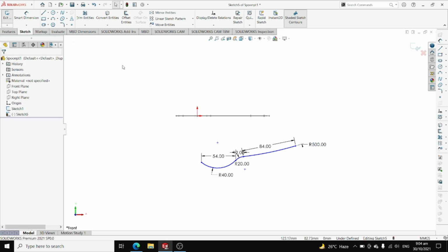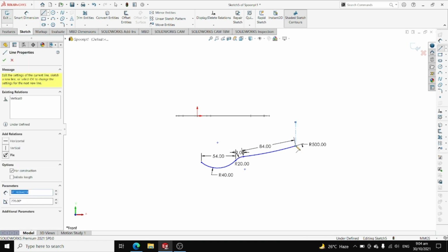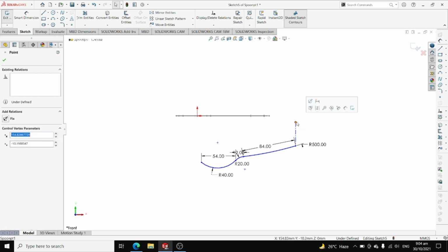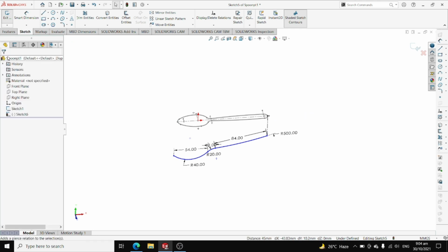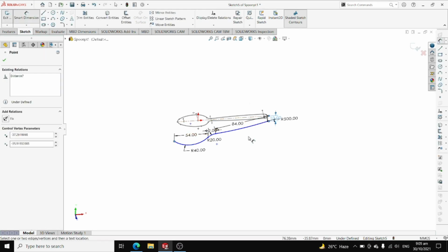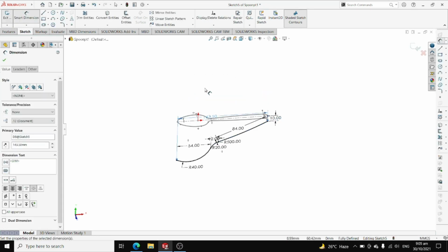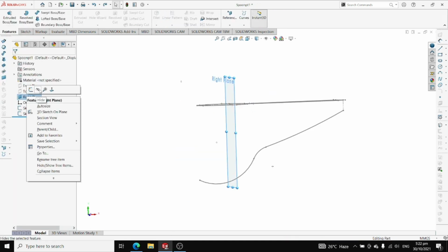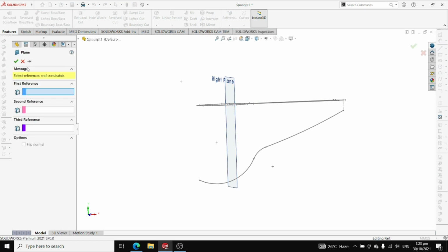Then select the center line and draw a vertical line here. Then select relation, make it vertical. Then we have to connect this point, so we have to tilt, and after that select the relation, make it pierce. Then smart dimension, it should be 10. Then it should be 143.50 mm. Then the first plane is the right plane, and then click, then show, then reference geometry should be,